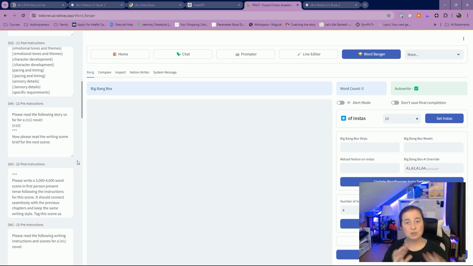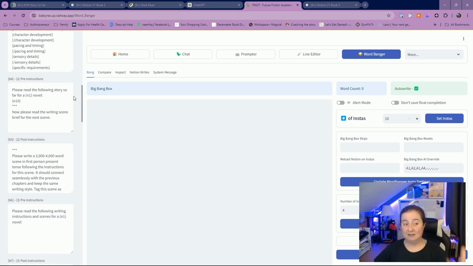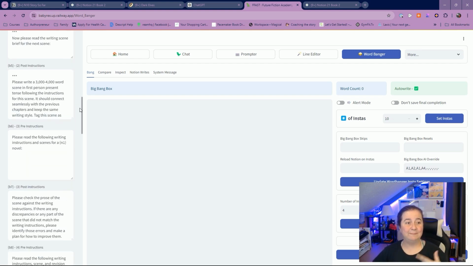Rexy also allows you to switch between different LLM models in these sequences. So I like to make the writing instructions with GPT-4o, and then my next prompt, Rexy automatically pops up as soon as that's done. It's going to take the information from the first prompt and tell it, take these writing instructions, now write the scene. And I like to use Claude 3 for that. I change between Opus and Sonnet. I've been using Sonnet for the past few days, so I think I'll continue using Claude Sonnet.